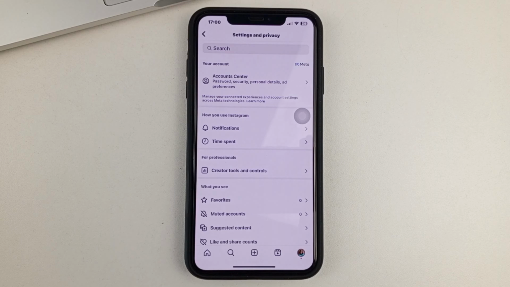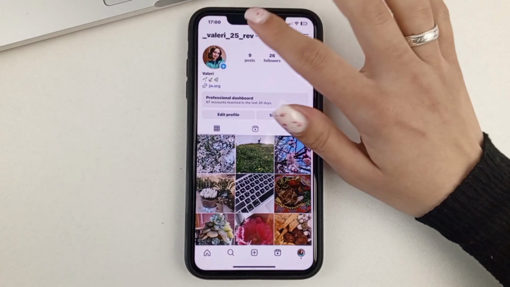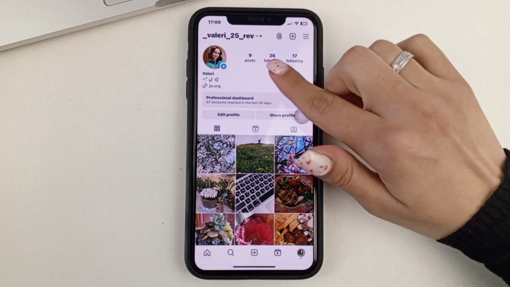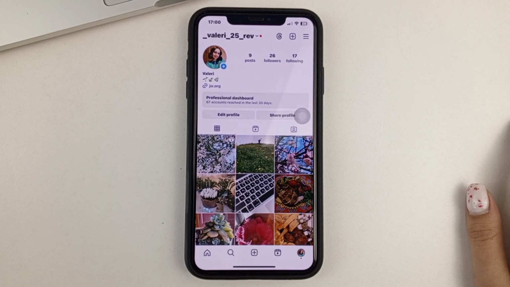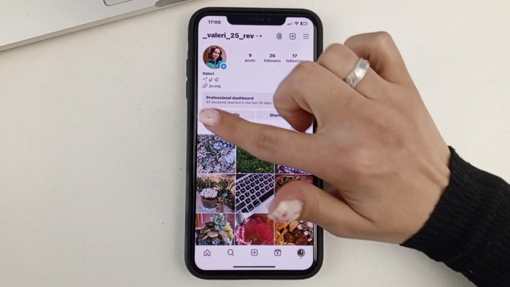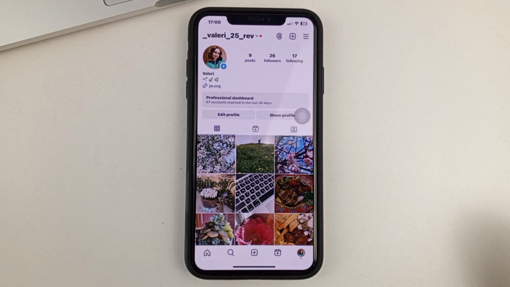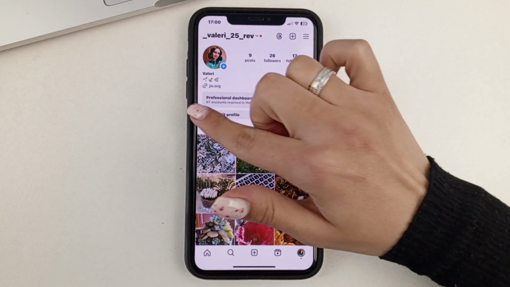After you make a professional account, you will go to your page. You will need to refresh it while you have this gray window, which means that your account is already professional, as it is written at me.